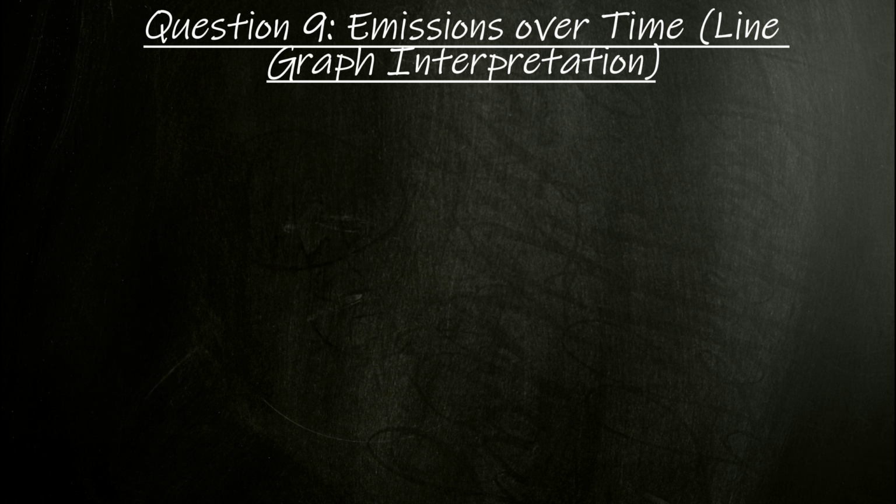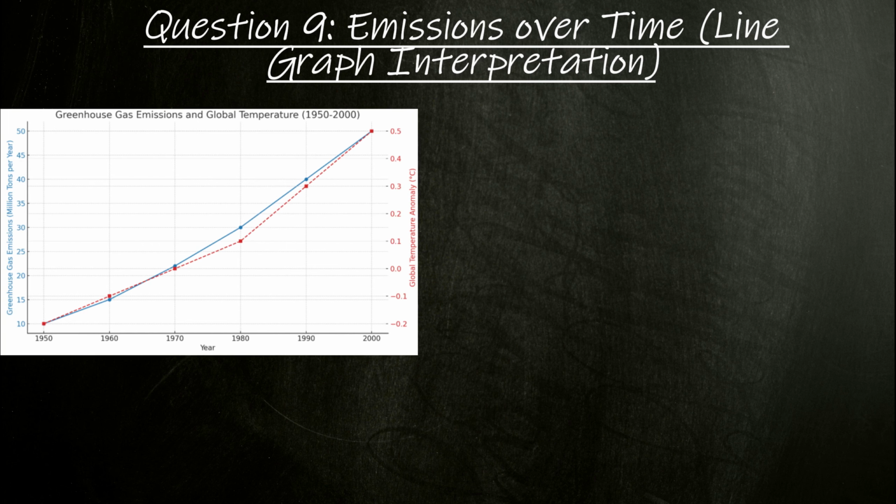Now for question 9, we are given a line graph, which is interesting. Do you know how to read this type of chart? Reflect on the others we have done so far, and see if you can interpret this chart on your own before we go through it together. Pause and reflect. This graph is showing us 2 things over time: greenhouse gas emissions and global temperature changes from 1950 to 2000. The idea is to see how both of these have changed over the years and whether there's